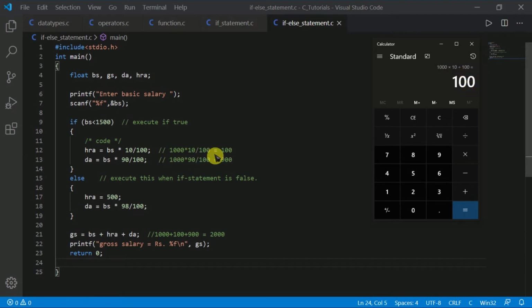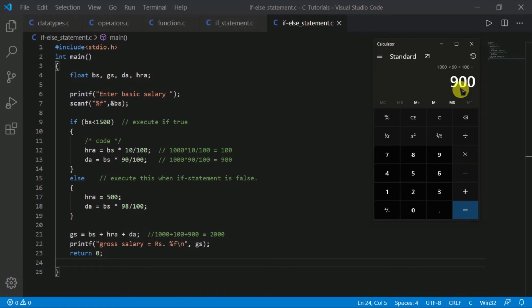It means this process is true. Now I'm going to get the value of DA. 1000 into 90 divided by 100.